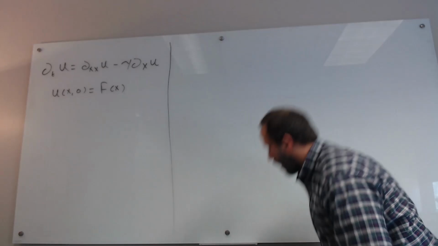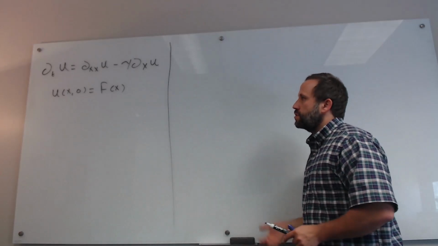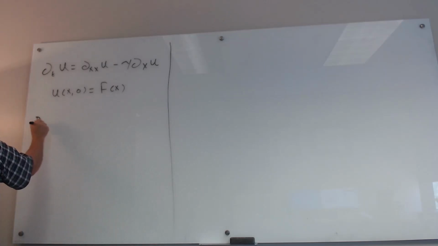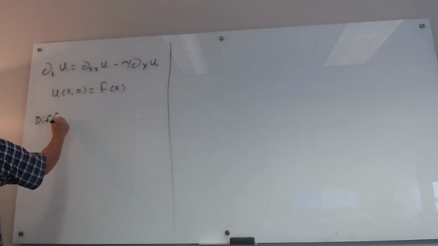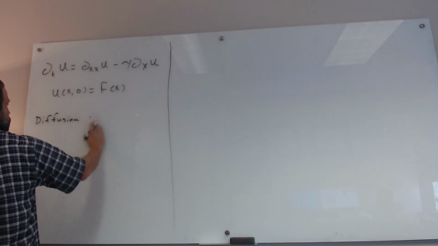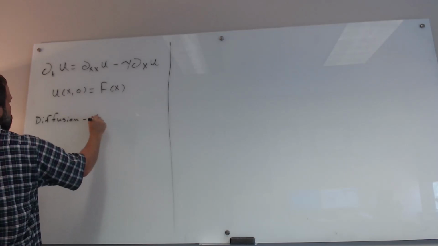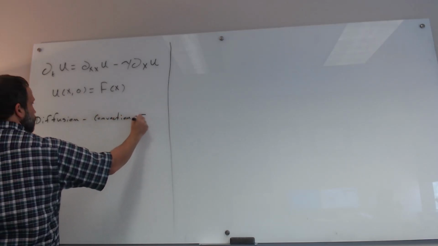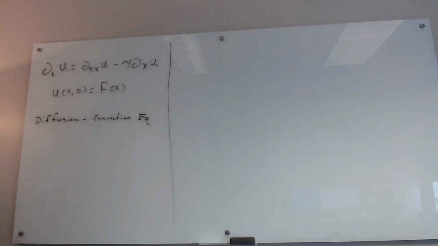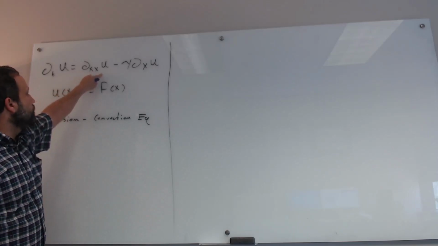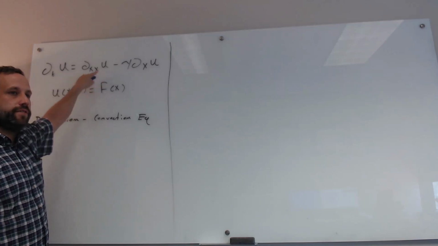What's happening here, and there's already some good discussion about this, which I really appreciate, is this is called a diffusion convection equation. And what's happening is this part right here, the double x derivative of u, represents diffusion, and